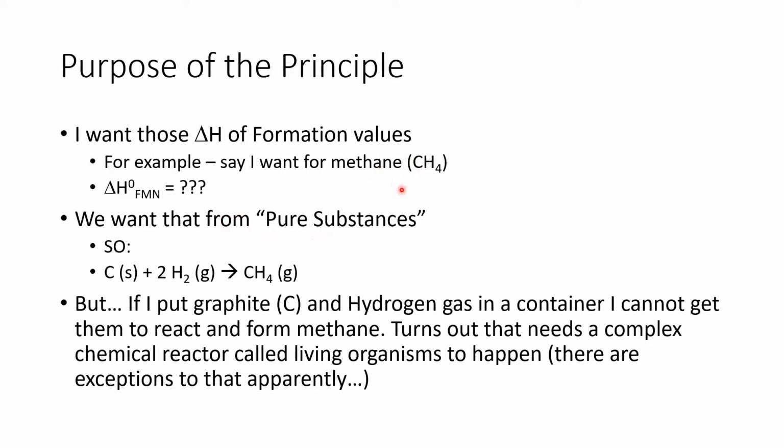Well, so I would like to say from pure substances, right? In this case, well, we've got carbon in there and we've got hydrogen. So let's use carbon in the form of graphite and hydrogen in the form of hydrogen gas. And this is the way that the equation would be set up in a heat of formation appendix. Unfortunately, if you put graphite in your bomb calorimeter and charge it with hydrogen gas and try to light it off,